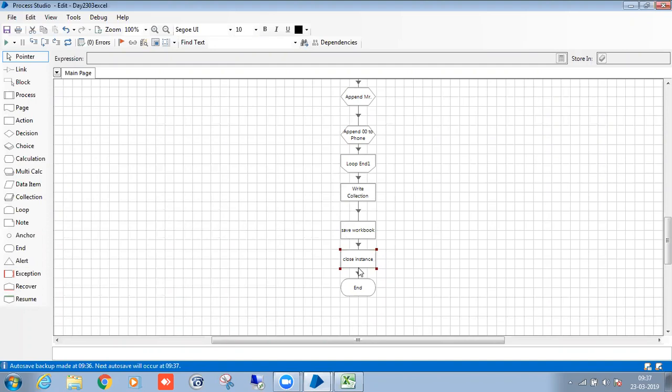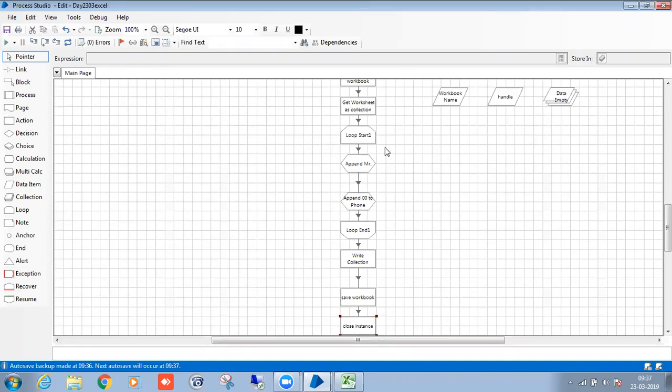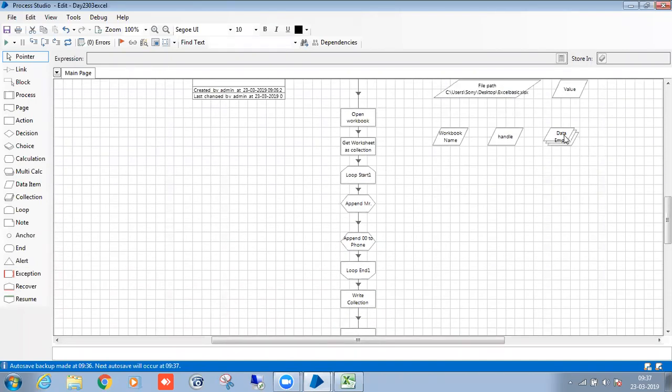Suppose there is a loop with 12 records and there is an exception with one record. After that, my process has to do the remaining records, so we have to implement that logic in exception handling. First we'll try with the other records, and after all the records are done, we'll close the instance.